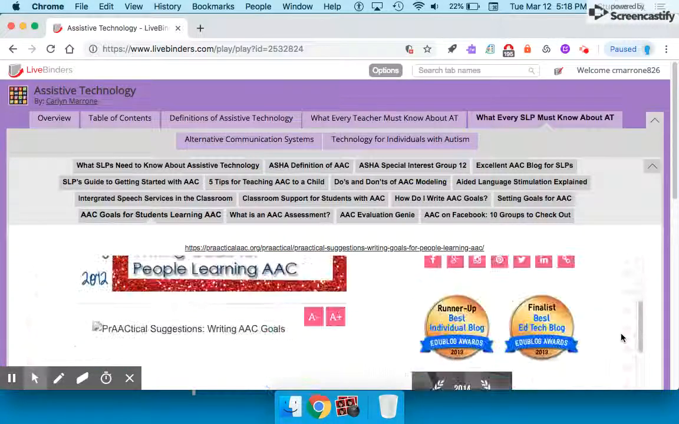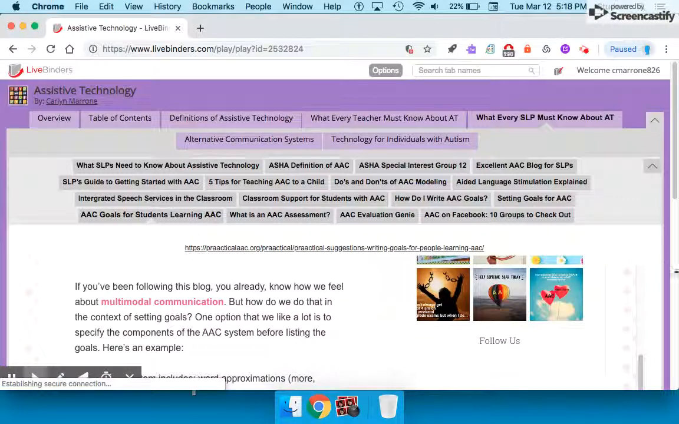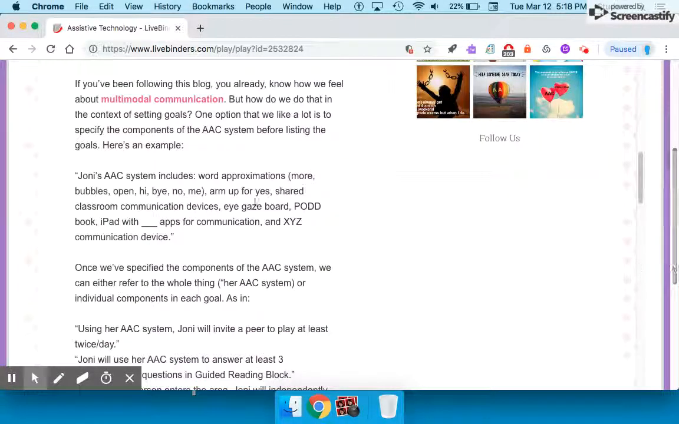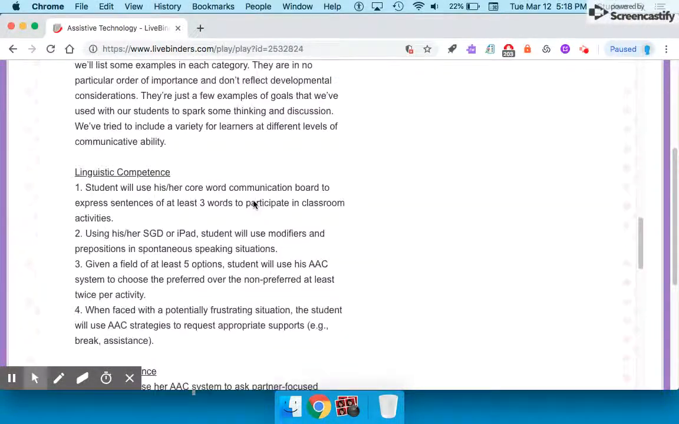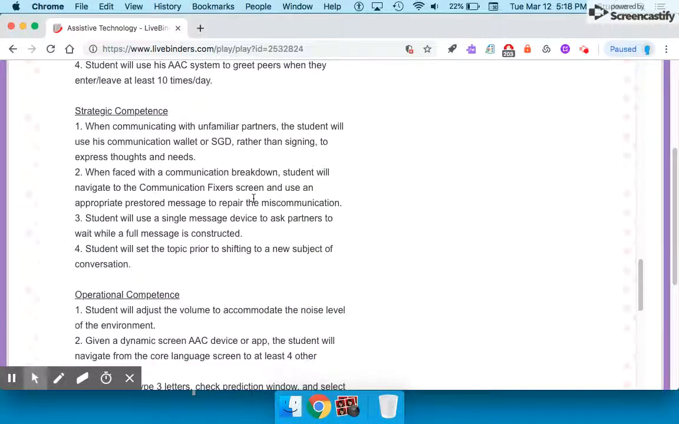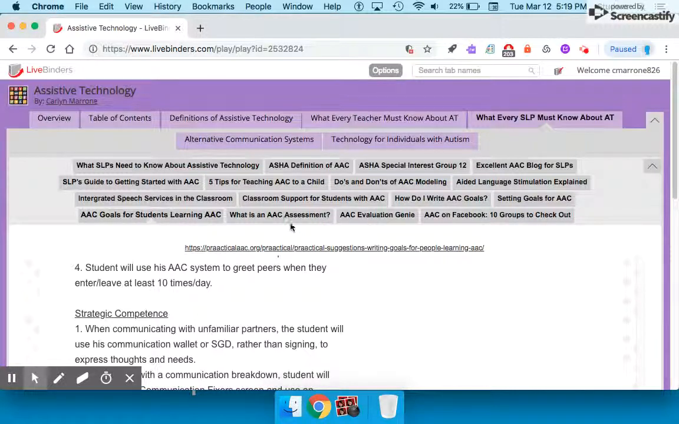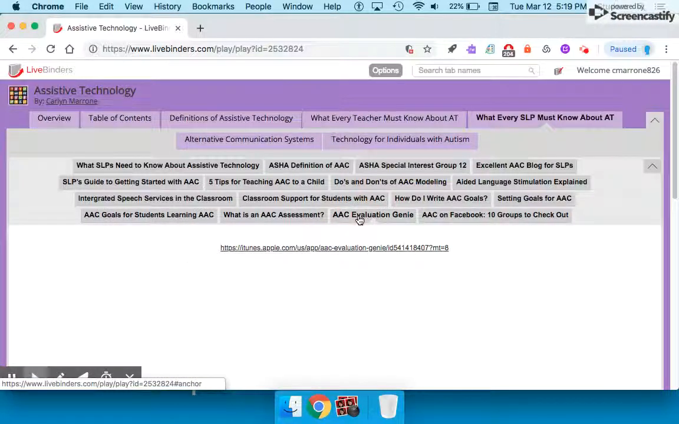I liked this one specifically, again, by Practical AAC. She provides specific examples of goals in the areas of linguistic, social, strategic, and operational competence. And you can pretty much modify any of these goals or just copy them into an IEP based on your students' needs. And then lastly, I talked about just an AAC evaluation, what to expect, and I included a link